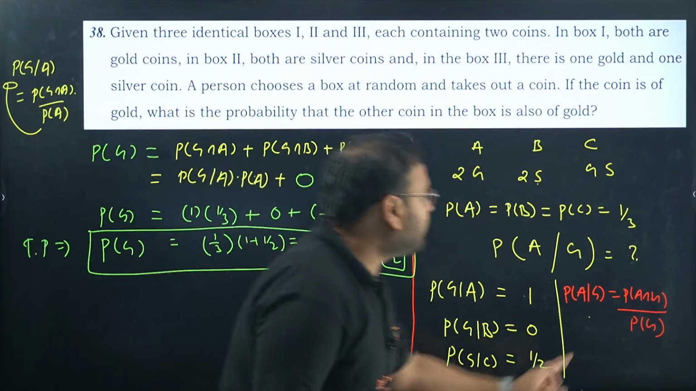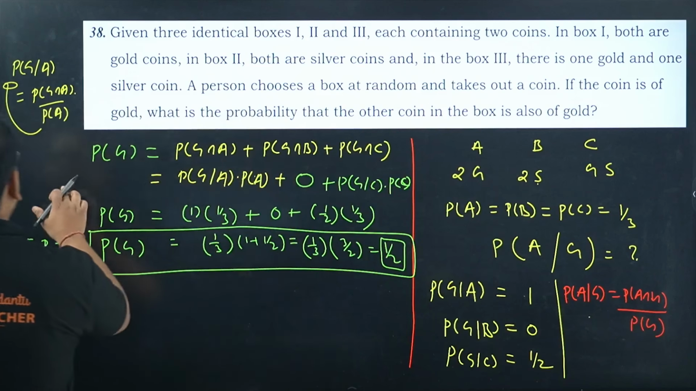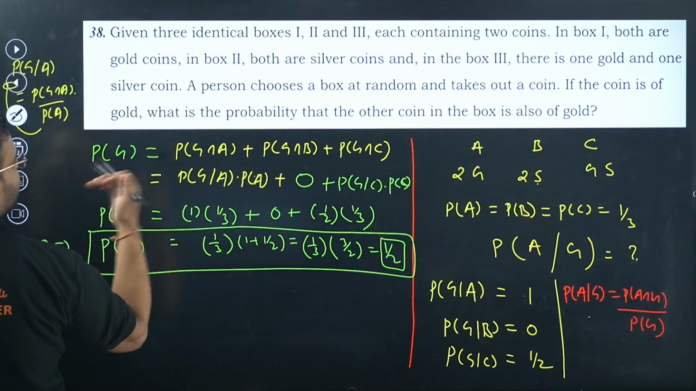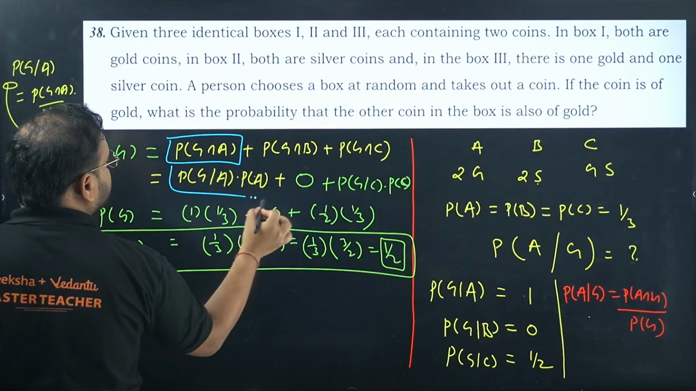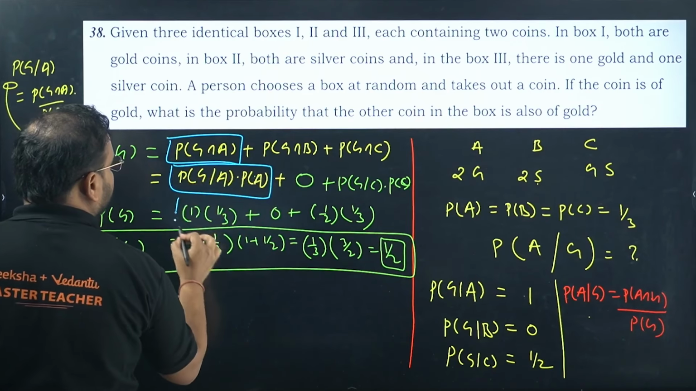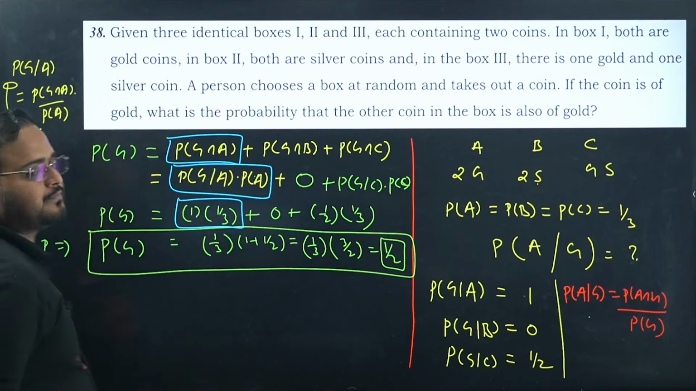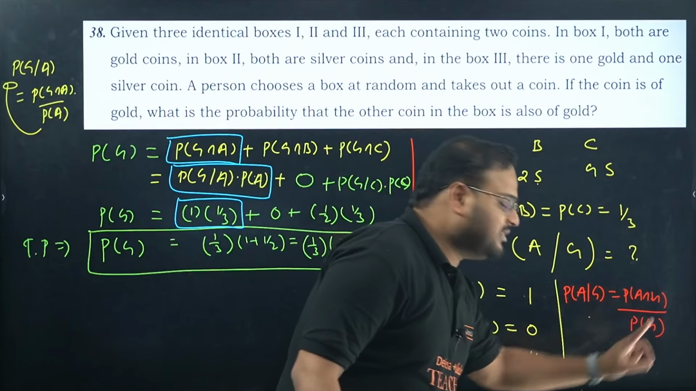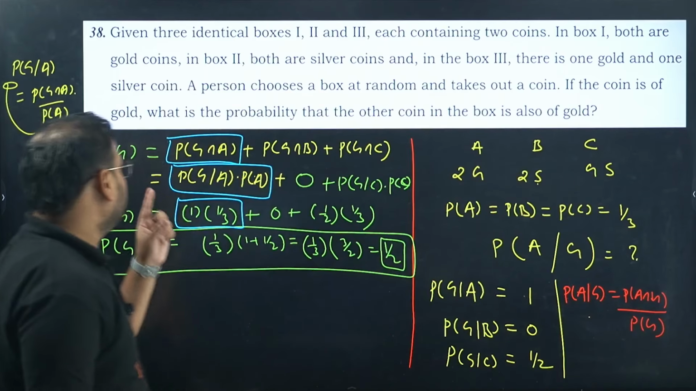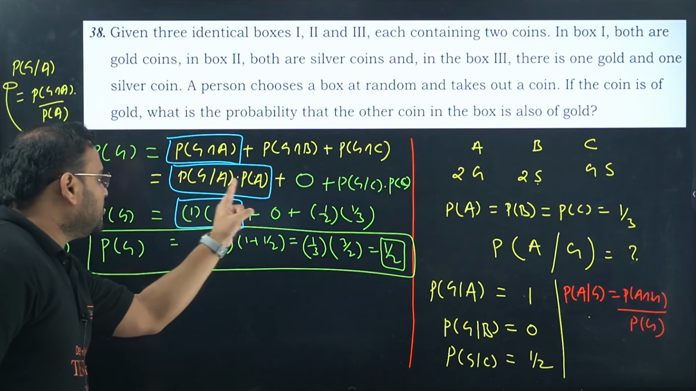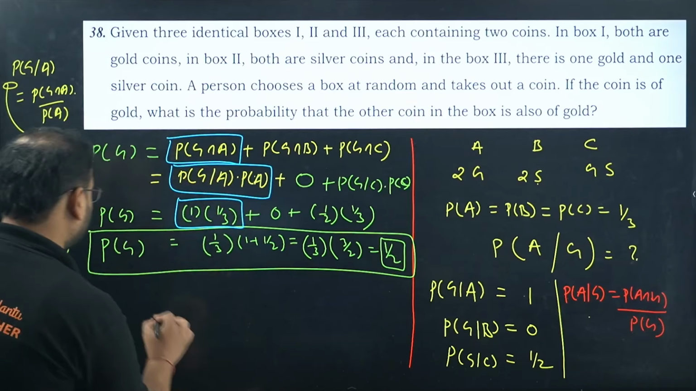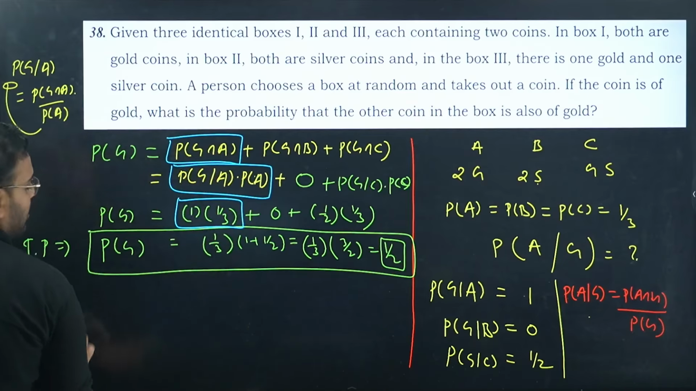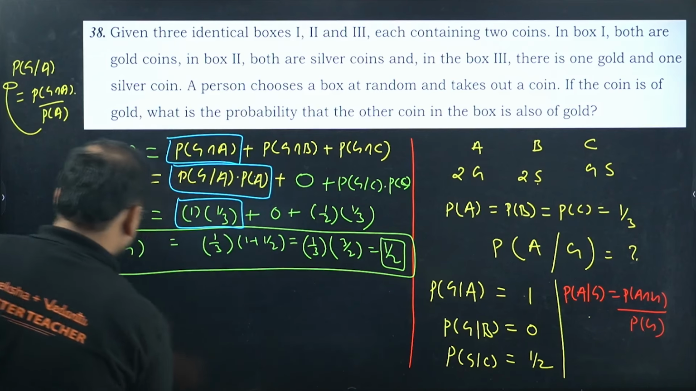Okay, what about P(A|G), sir? I know you must be thinking that I'll do some more steps, but actually no. Check here, P(G|A). The intersection of A and G is simply 1 into 1 by 3. How much is that? 1 by 3. So my final answer, you check now, my final answer will be P(A|G)